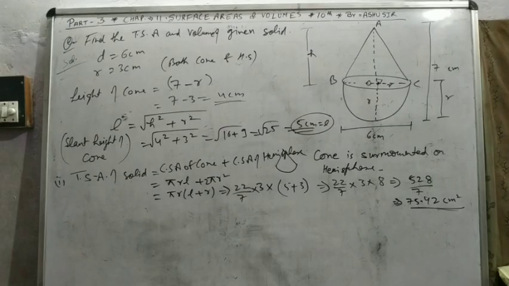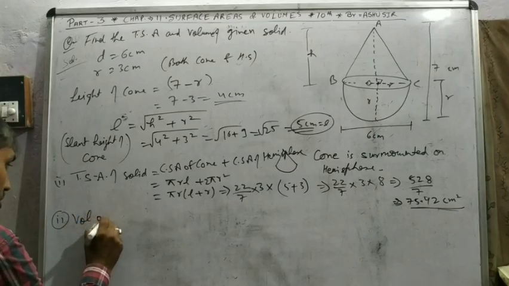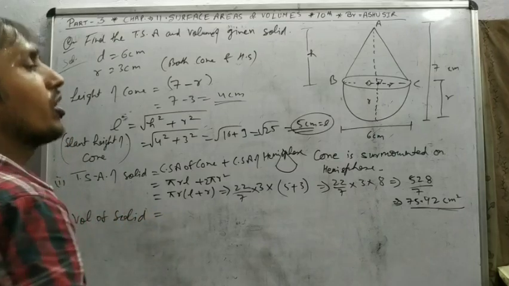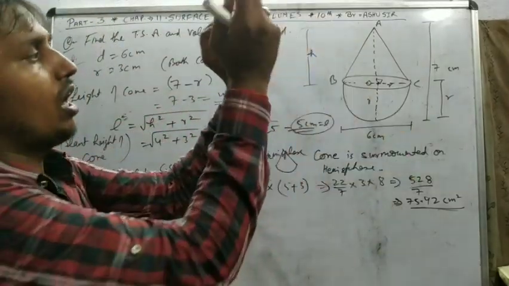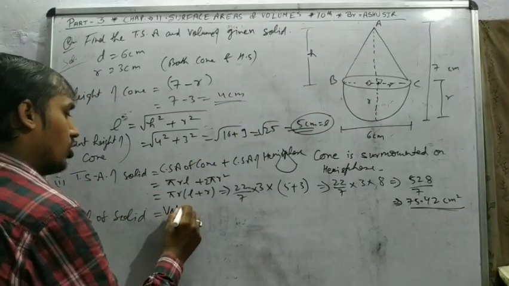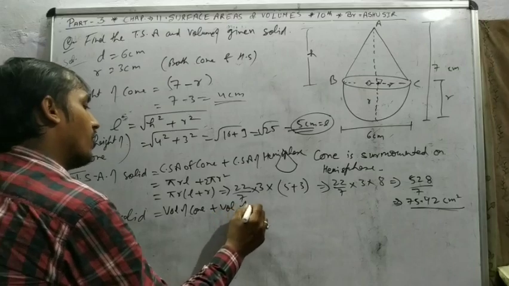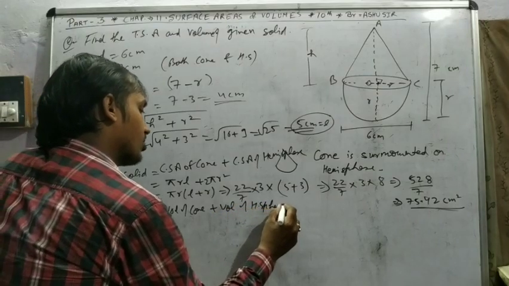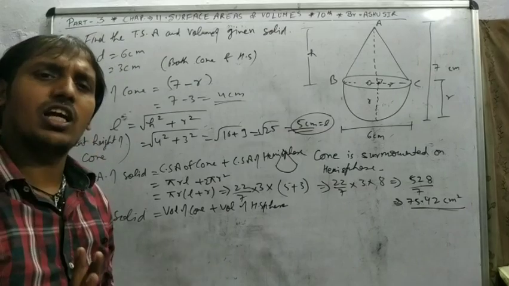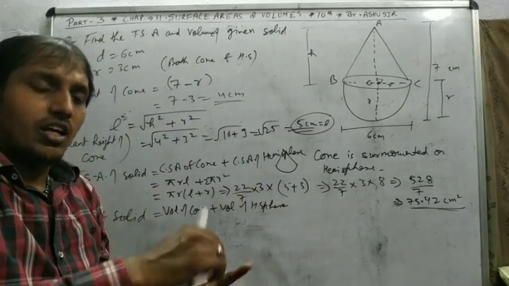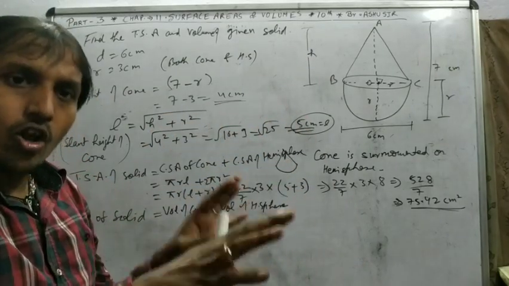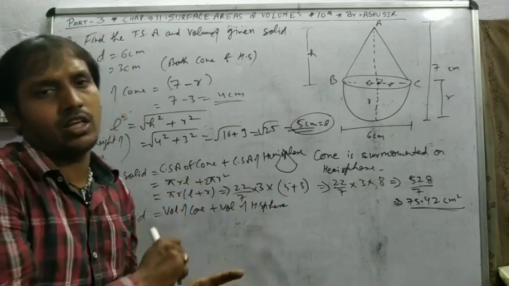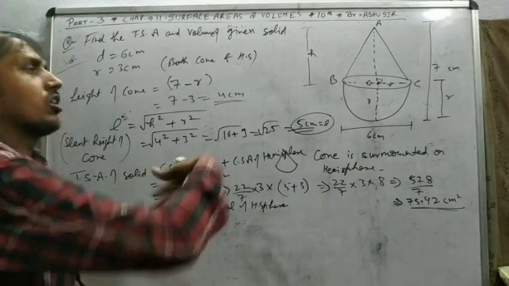Then we find the volume of the solid. You know, for volume the case is very easy. One cone, one hemisphere, join them, total volume, add them. Volume of cone plus volume of hemisphere. All the problems are only in surface area: cut, down, surmounted, scooping. They all are about the curved surface area. Volume is also easy. Add all the figures.